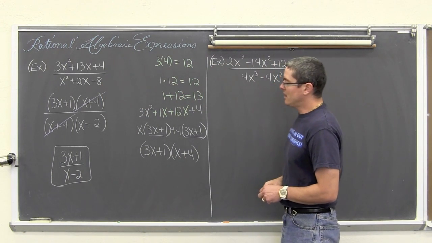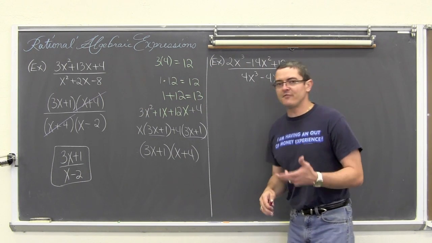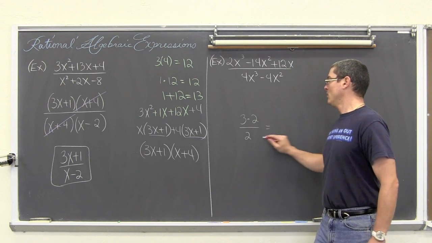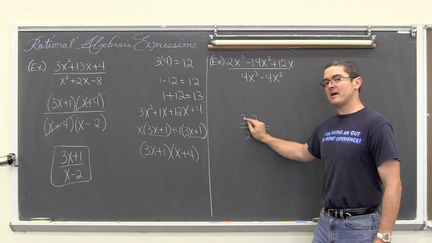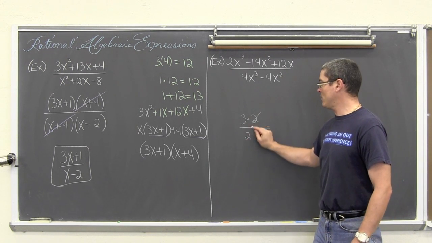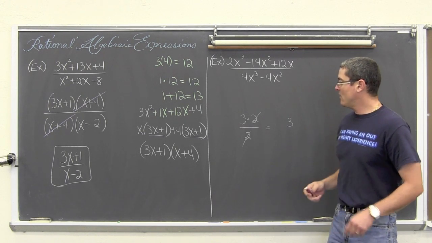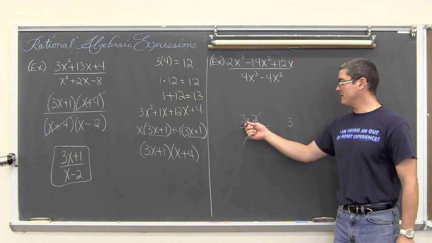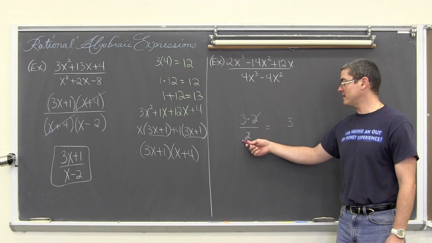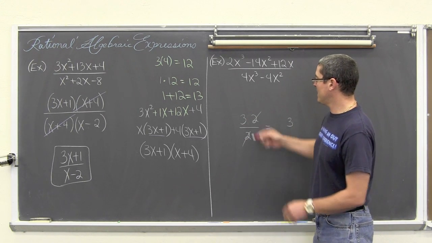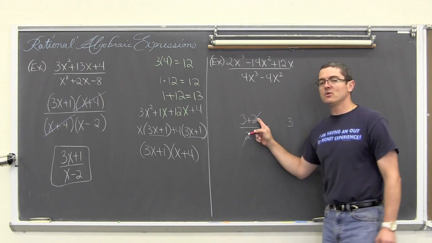Couple of things here. Again, with the factor idea, if I have 3 times 2 over 2, well, this 2 is being multiplied by the 3 and we have a 2 in the denominator. They will cancel out, of course, and get an answer of 3. Now, if you wanted to do this in your head, 3 times 2 is 6, and 6 divided by 2 is equal to 3. However, if that were a plus sign, then this 2 would not be a factor, it